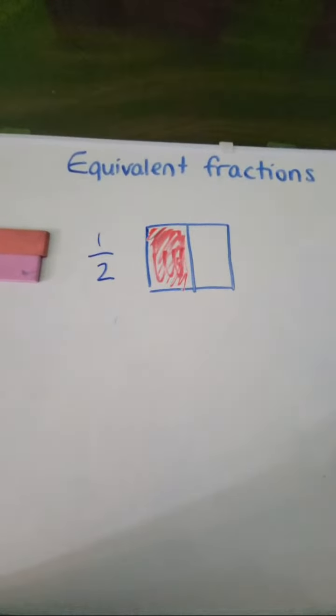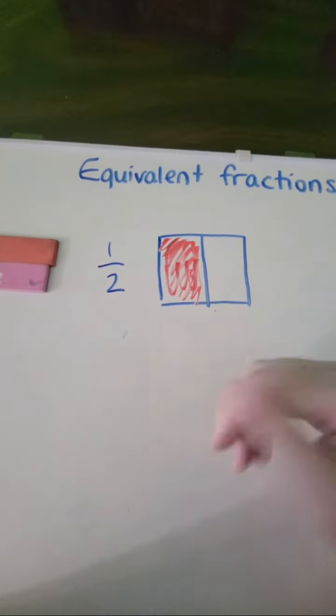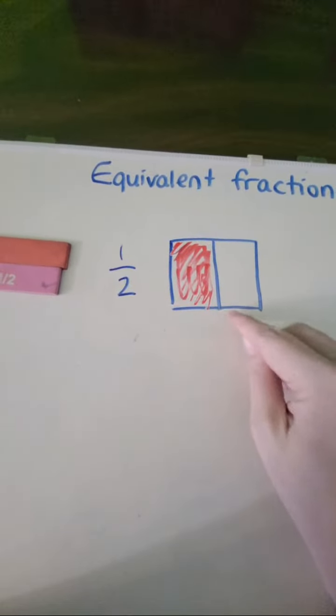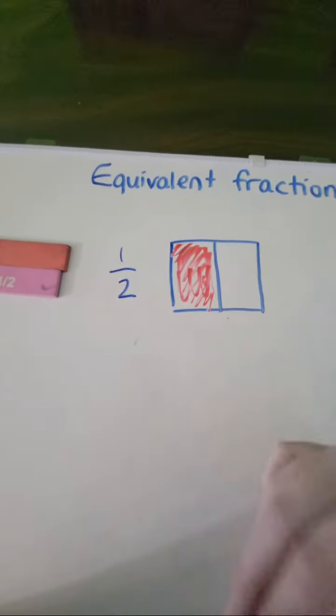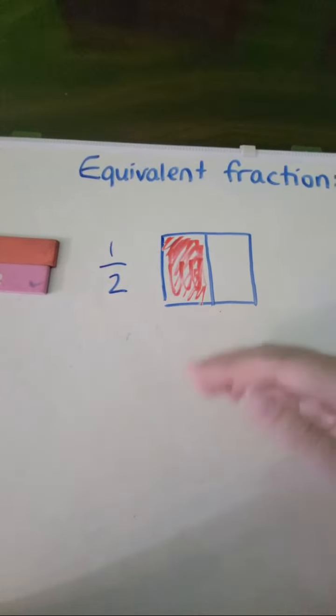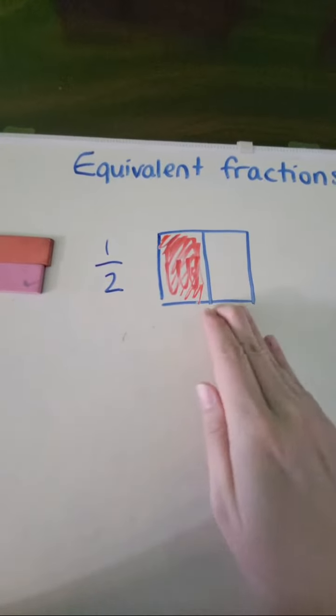It's really important in equivalent fractions that we're not actually going to color in any more or any extra of this. The fraction itself is going to remain the same in the sense that it's still going to be equal. It's still going to be the same value. However, we're just going to represent it in different ways. So if this is 1/2, we can say, well,